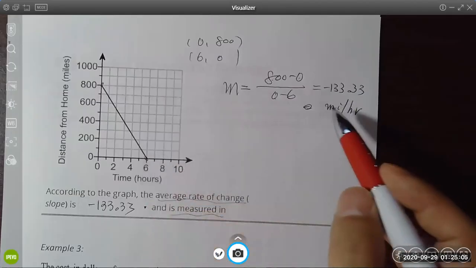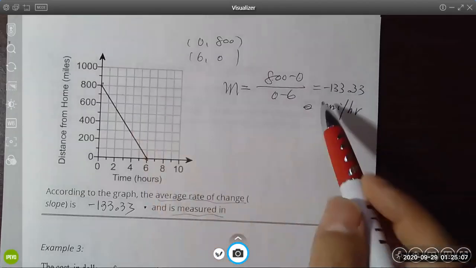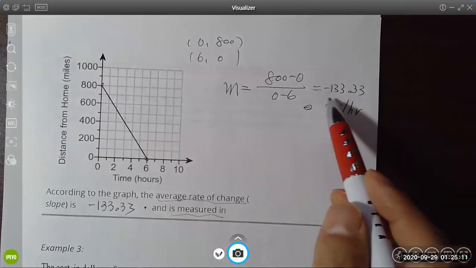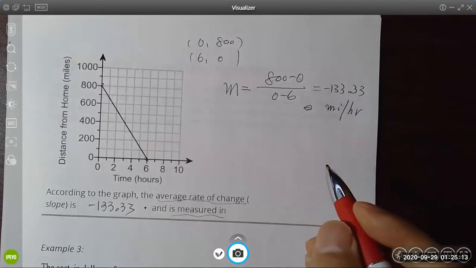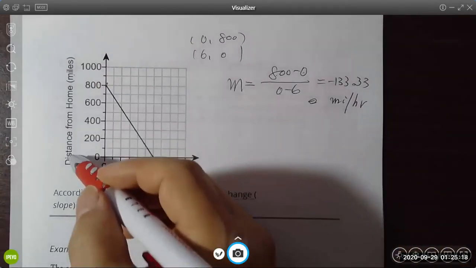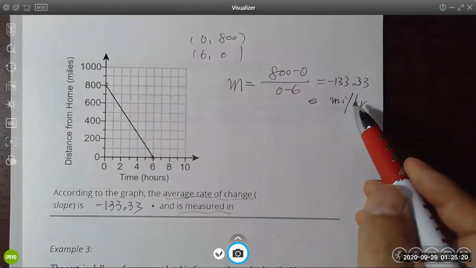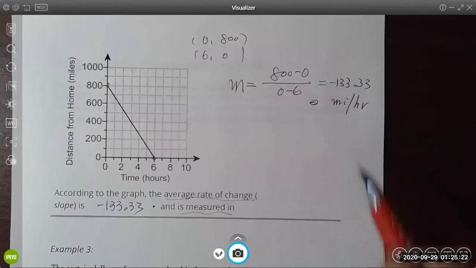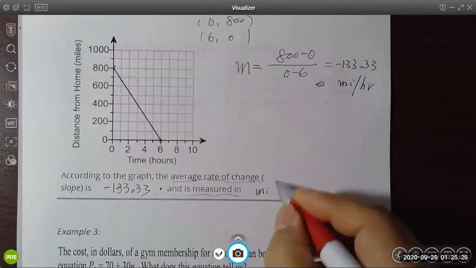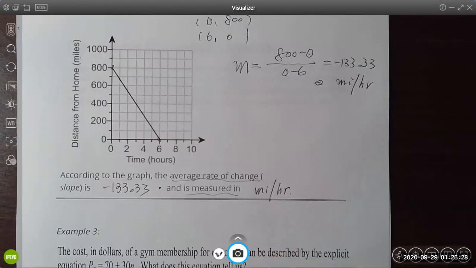So every hour passed, the distance from home will be decreased by 133 miles. That means getting closer to home by 133 miles. Because this distance from home is decreasing, getting closer to home. So this measured in, your answer is miles per hour. That's your answer. And the last one,